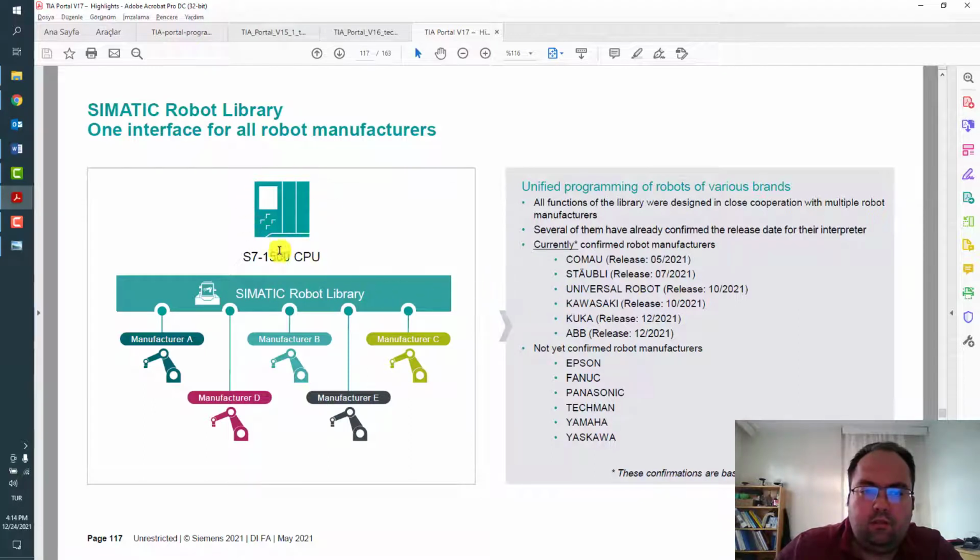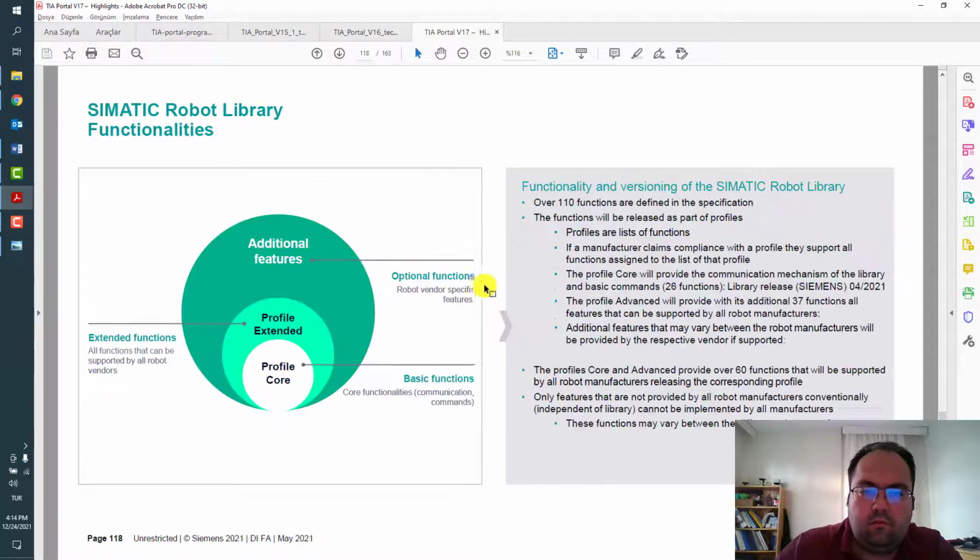Then you can control them inside the SIMATIC CPU.